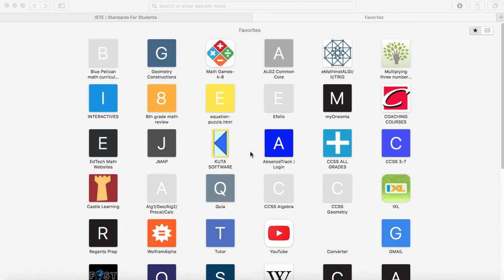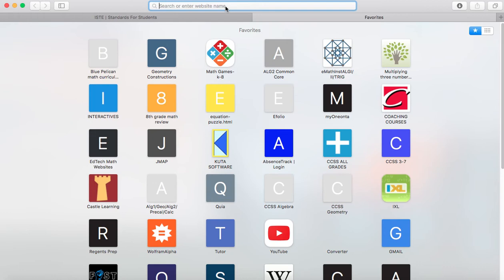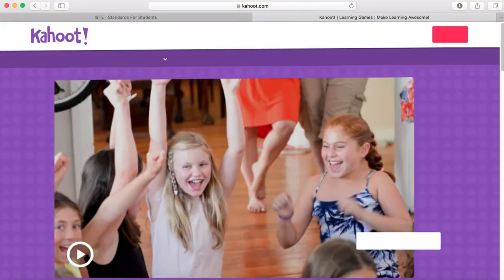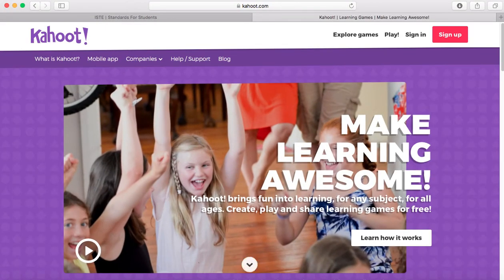One resource to improve instructional practice and enhance student learning is the online student response system called Kahoot. To locate Kahoot, one would open an internet browser, in my case Safari, and search Kahoot, getkahoot.com. So let's go there. Kahoot is a game-based classroom student response website that encourages student engagement and motivation with competition,